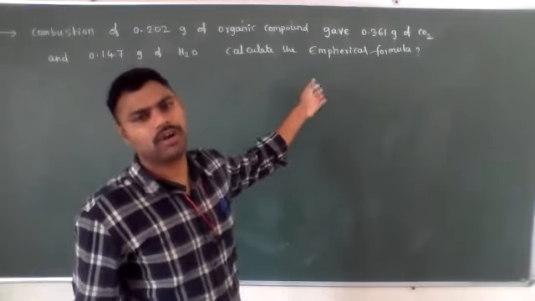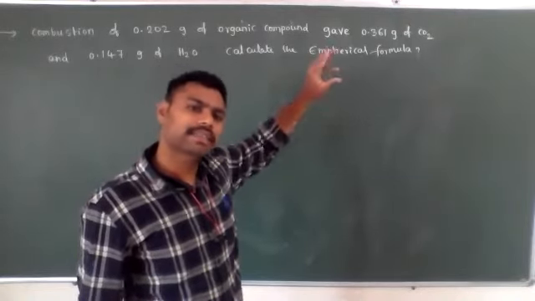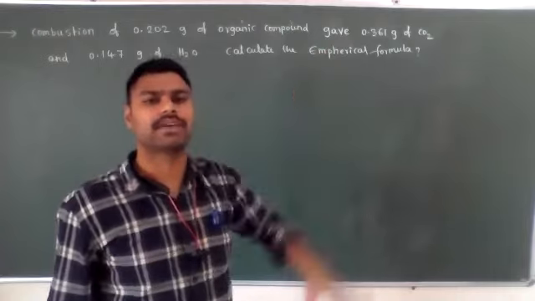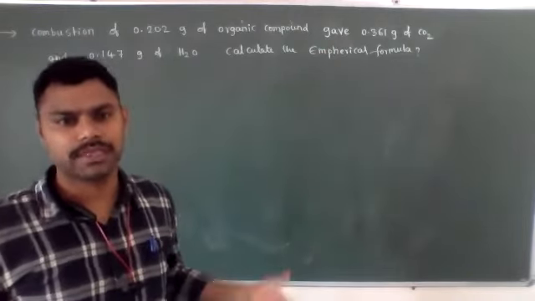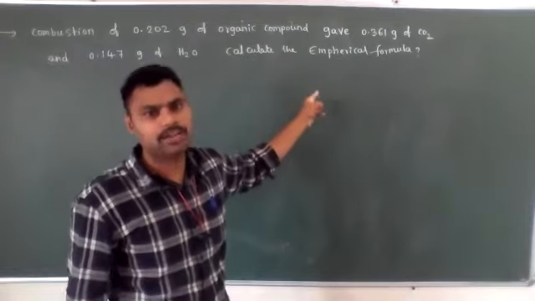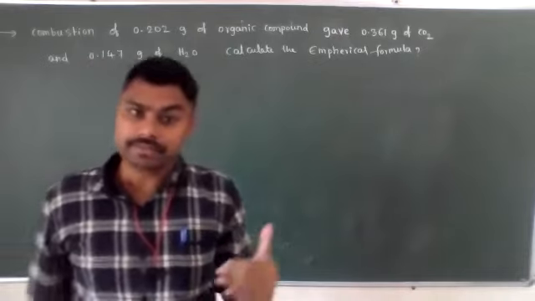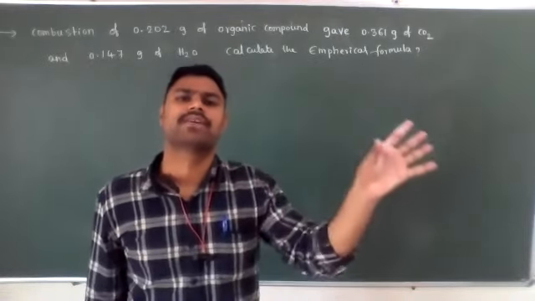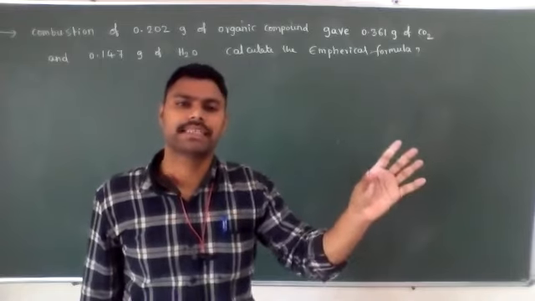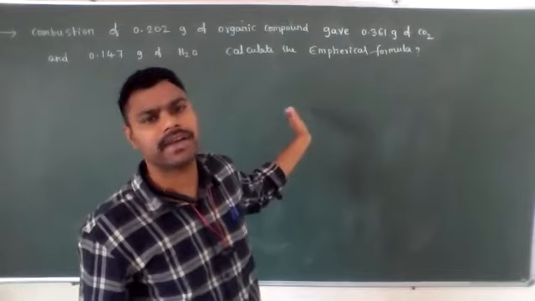If you want the molecular formula, after calculation of the empirical formula, they will give the gram molecular weight of the compound. According to that gram molecular weight, once the empirical formula is known, the n value we need to find out. Just the first step only they ask. But in earlier models, how we calculated the empirical formula: the percentage of atoms present in the compound they gave directly. Here percentages they are not given.